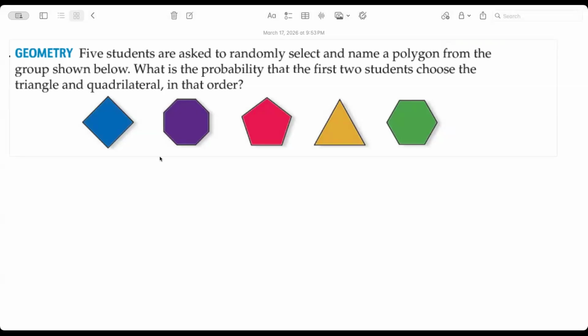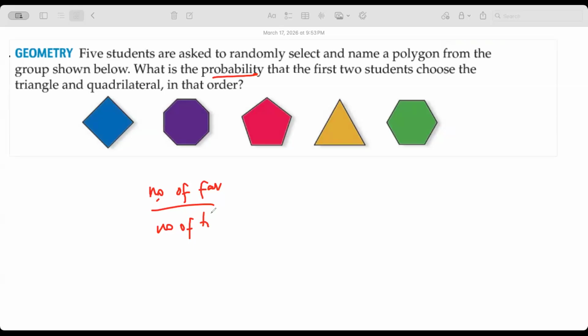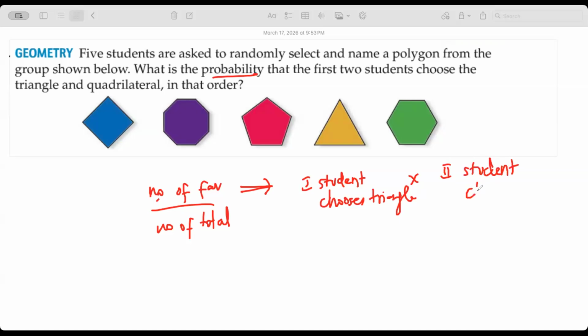So think about it this way. First two students, right? Basically they've asked for probability. So number of favorable ways by number of total ways. That's what we need to do. What are the favorable ways? First student chooses triangle, and then the second student chooses quadrilateral, that you need to multiply, right? Divided by,